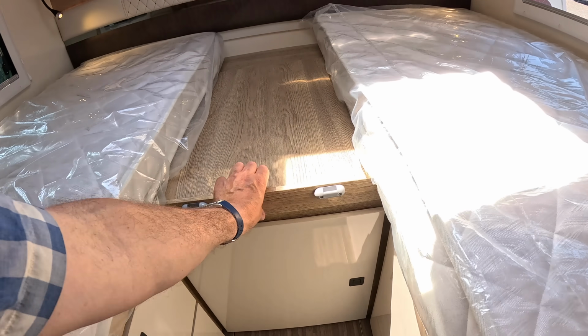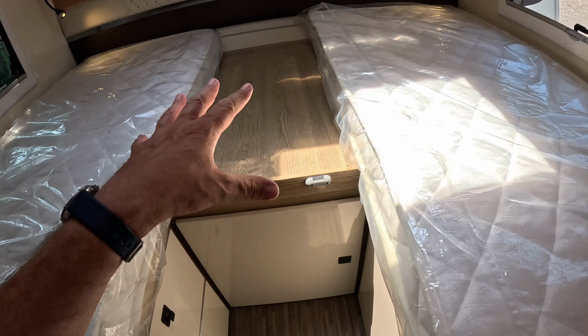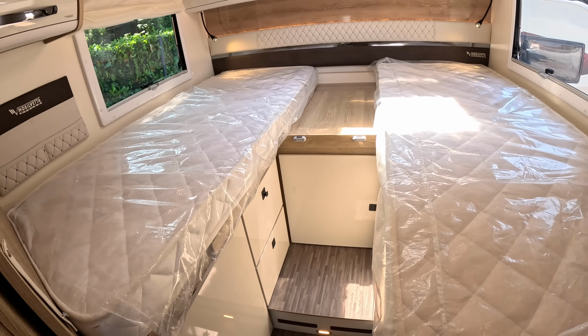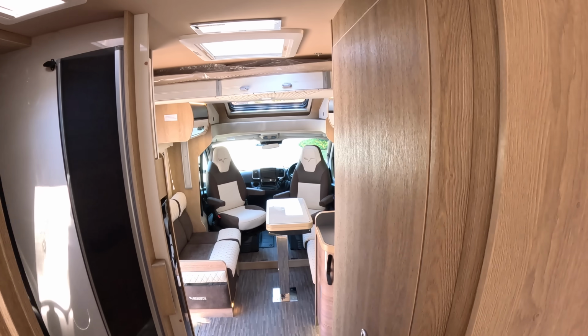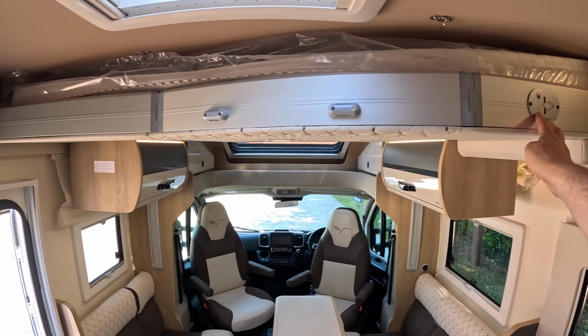So you can slide this one, he says. Yeah, there we go. That one comes out as infill cushions. That's what we saw in the garage, and you can have that as a double bed. Now, having said that this travels with two and it sleeps two, and that is exactly how it is sold, there is nonetheless another bed here. So if I push that one there,